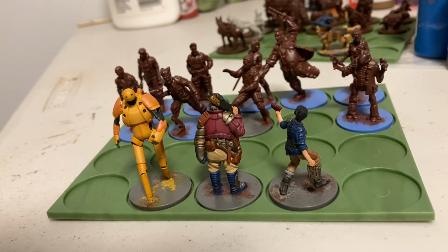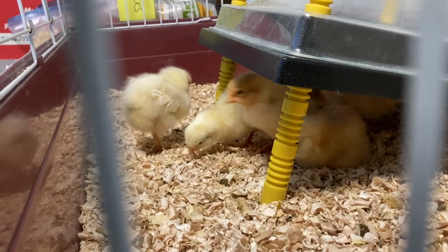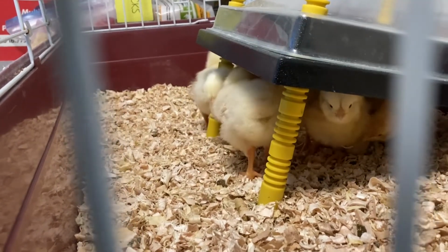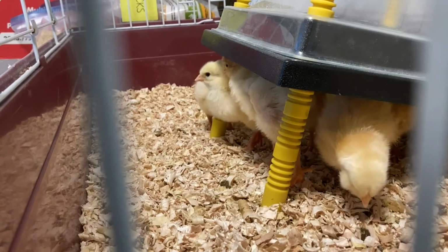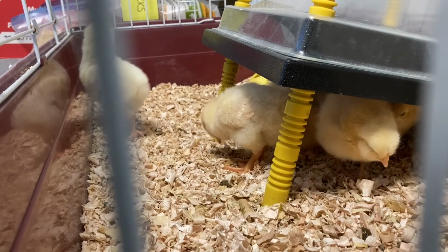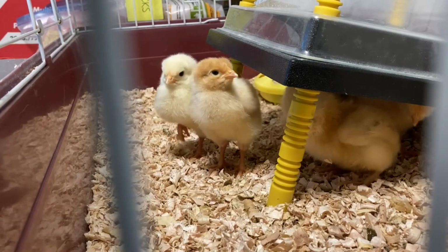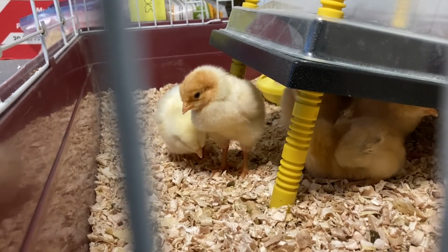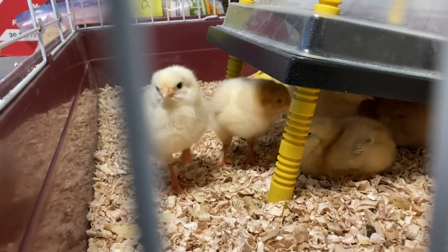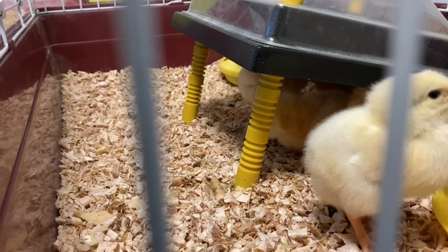So yeah, that's for Stargrave, etc. And my last little project of pre-painted minis, we've got a bunch of chicks. So for my classroom, I took part in this little program. You rent some chickens. You actually rent chickens. You get the incubator and a bunch of eggs, and then this cage and everything. And over about a month or so, you incubate the eggs, and then they hatch, and you've got a bunch of cuties. So we've got 6 adorable little cheepy birds right here,